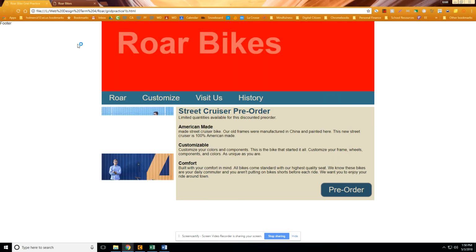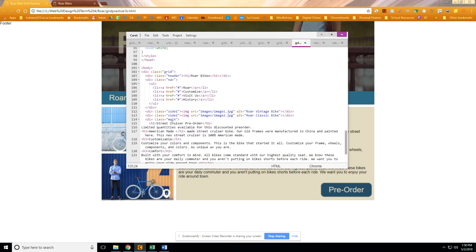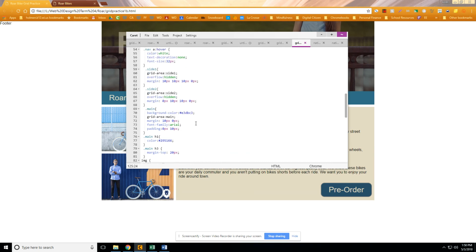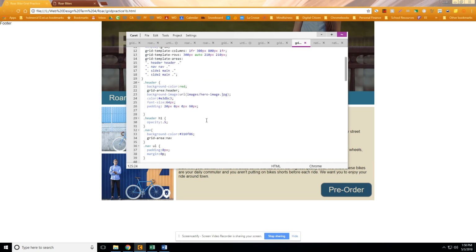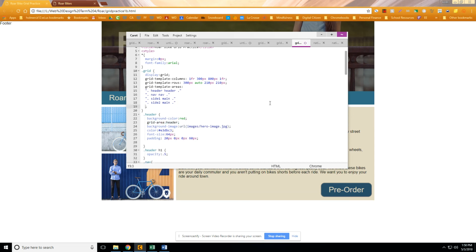Now, when I refresh it, you're not going to really see anything. Actually, I see it up here. And I want you to think about why, what are we missing? So as you look through your code, I'm going to scroll all the way up. What you're going to realize is that we haven't defined it as a template area, and it has not been defined as a grid area even. So even if I go in and I add it here,